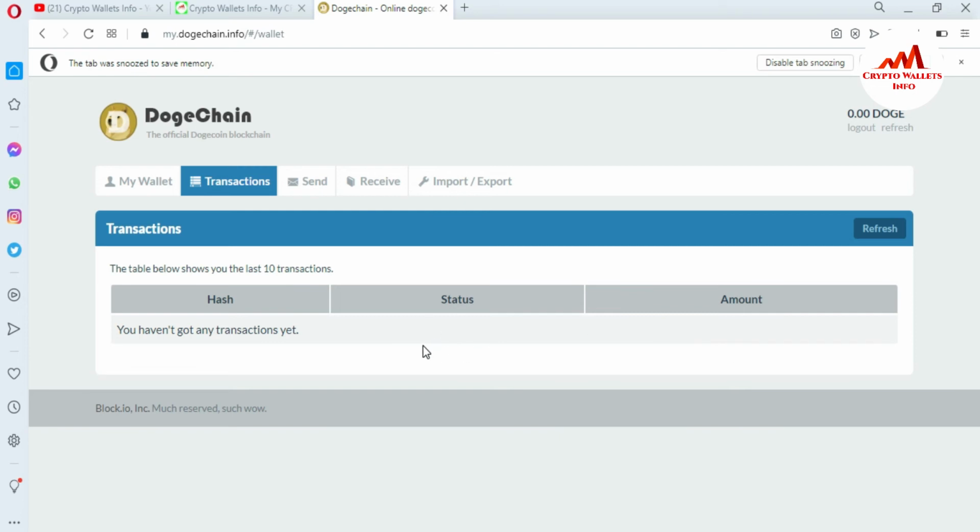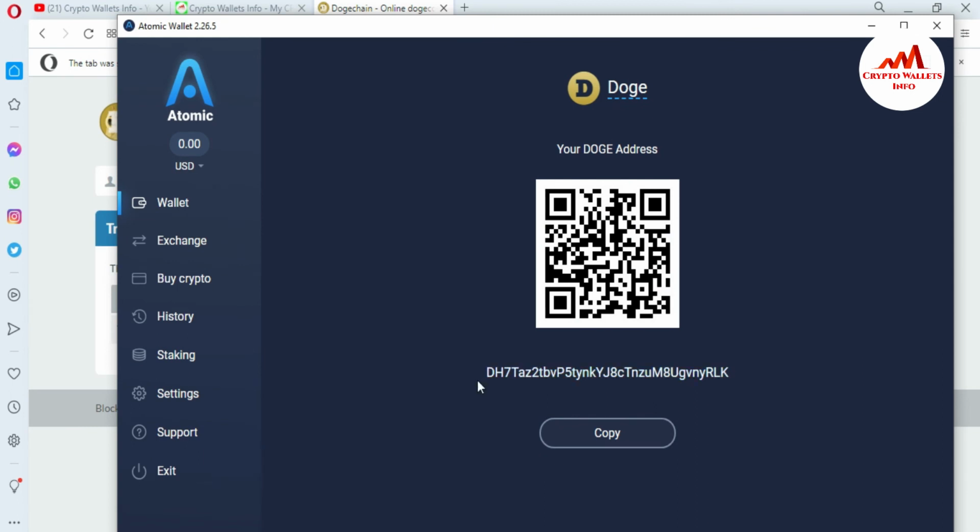First, after 1 minute, the status will be shown here as pending, and after 2 or 3 or 5 minutes, the status will be confirmed. Then the amount will be successfully received at your desired recipient address. Like in my Atomic wallet, I will successfully receive it after 5 to 10 minutes. It only depends on the Dogecoin blockchain network. Okay. I hope you properly understand how to send money from your Dogecoin online wallet to any other wallet or any other exchange. Okay.